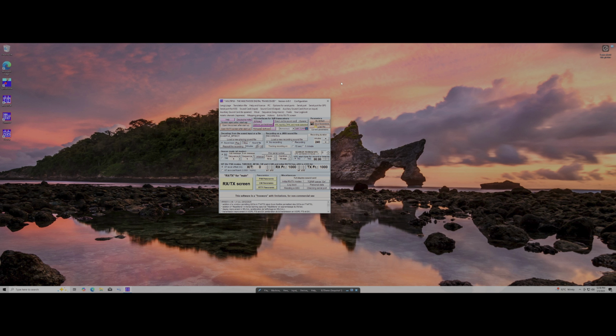Here we have our configuration screen for MultiPSK. I won't go super in depth again into the software, but it's just good to know it exists, and I want to get some more leverage on it for the developer, because it really is incredible. Now, the cool thing about MultiPSK, and I touched on this right at the beginning of the video when I was talking about hardware, is MultiPSK